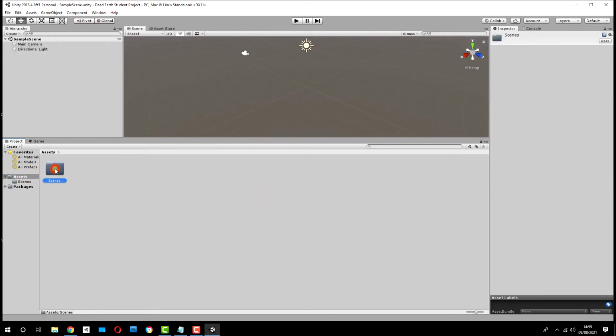Like I said, apart from that scene that Unity has created for us and some of the default packages that have been imported, there is nothing in our assets folder except that. So one of the things that we're going to want to do, first of all, is bring in the standard